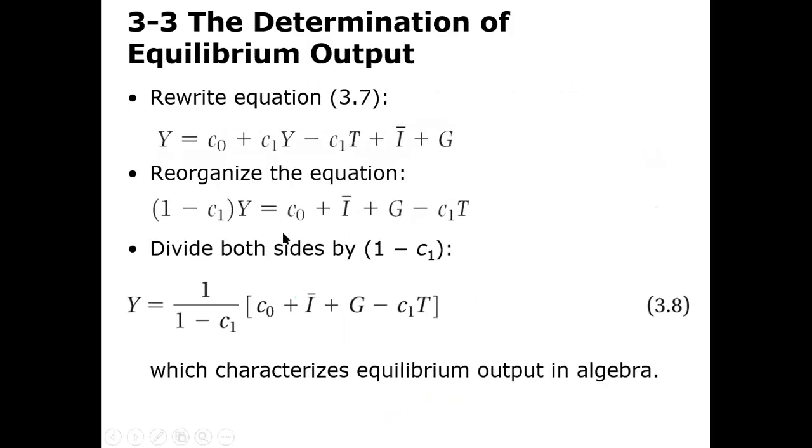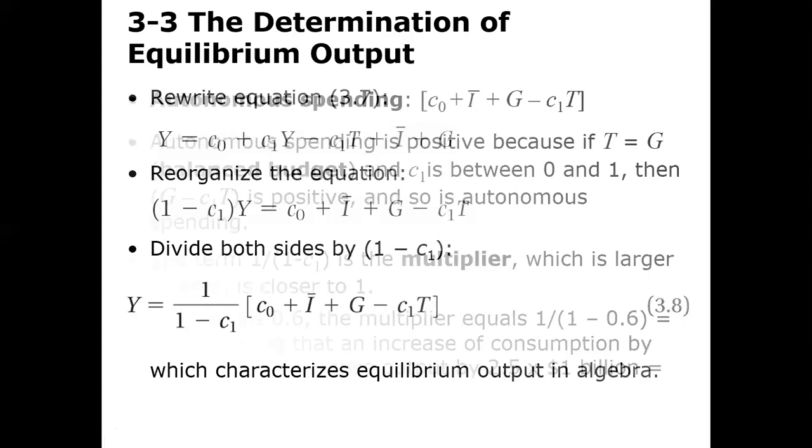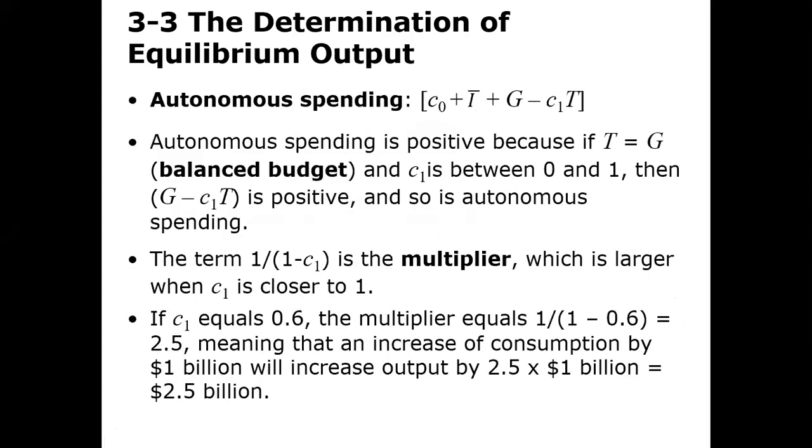We put 1 minus C1 on one side, and this characterizes the output model that we can use. And usually we care about economic growth. We care about the increase of GDP. So what are the pillars that can increase the GDP? Production. How can we increase production? Give incentives. So the government has to give incentives to the producers to produce more and to businesses. One of the very important pillars that affects the globe, and this is what we are going to explore later,